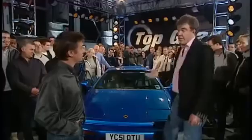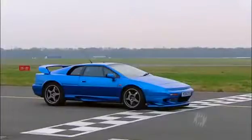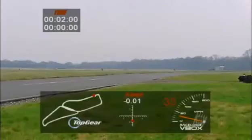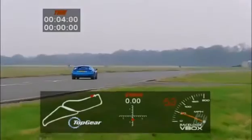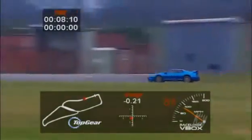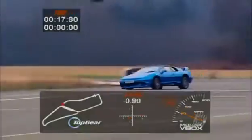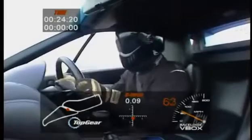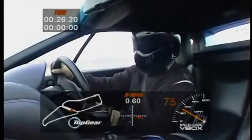Anyway, we've still got one thing left to do with this car, of course. Unfurl the Stig. When we asked the Stig to drive the Esprit, he huffed and puffed and stomped about saying he didn't like Lotuses very much. I asked him why, but he just stomped about a bit more. The only way we could get him inside was by buying him a Moody Blues CD. Nights in white satin,